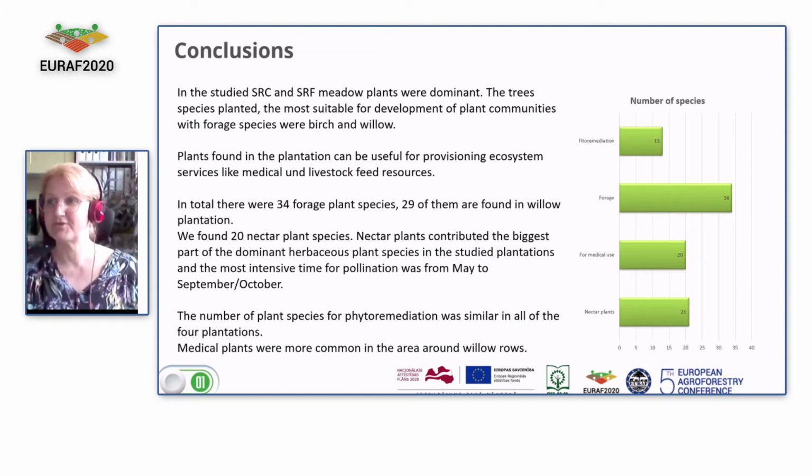And finally, as I was asked for a very short presentation, just 10 minutes, we could say that there are a lot of useful plants. It's 35 species together for forage, and there is a little bit less for phytoremediation or for medical use